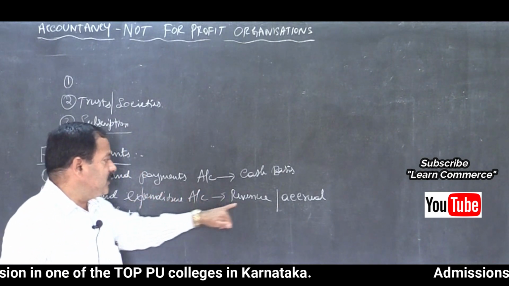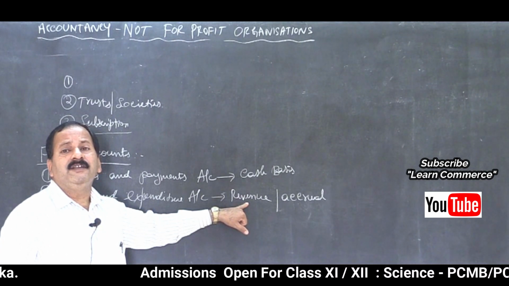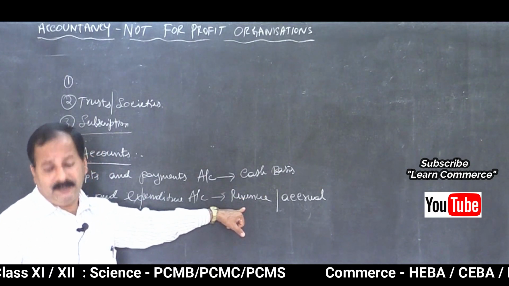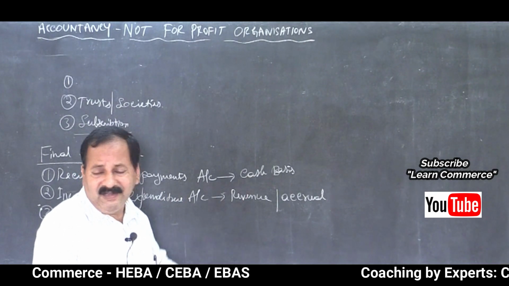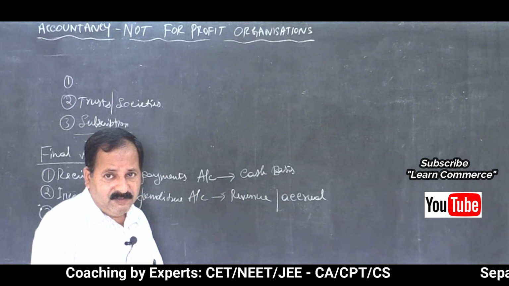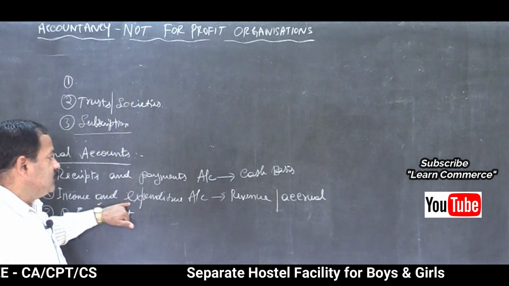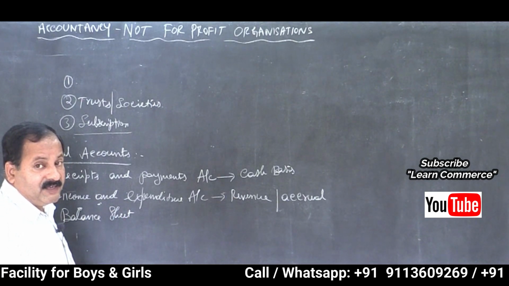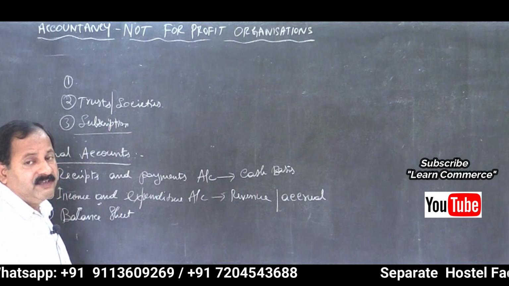We are not concerned about which year to which year it belongs in the case of the receipts and payments account, but here we are concerned about which year it belongs to. If it belongs to the current year, we will include it, otherwise we will deduct it. Remember, whether it is previous year or next year, we are not concerned. If it belongs to the current year, we will record it. And this is written on accrual basis, not on cash basis. Whether it is realized or not, we are not concerned. We are concerned about whether it belongs to the current year or not. That is our concern here.